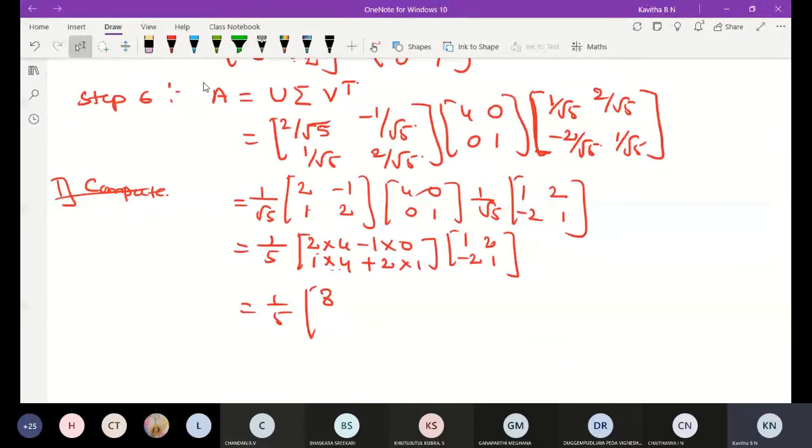Then 1 2, minus 2 1. Then simplify, 1 by 5. Okay. What answer are we getting? Okay, multiplication is